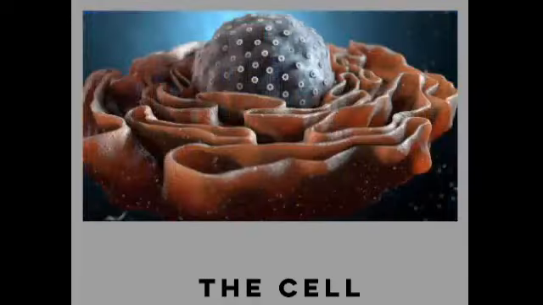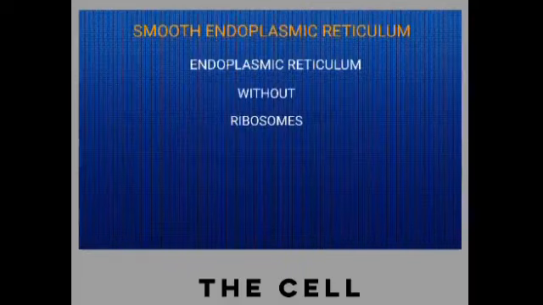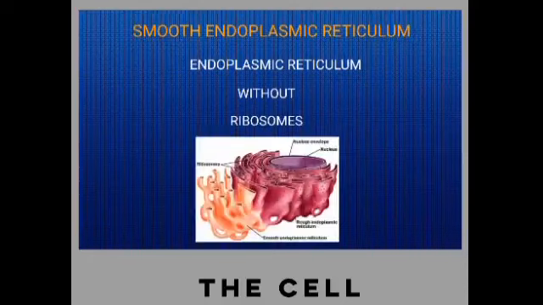The endoplasmic reticulum also shows granular bodies, that is ribosomes, attached to its surface. If endoplasmic reticulum contains ribosomes, it is called rough endoplasmic reticulum as it appears rough. Some of the endoplasmic reticulum do not show granules. Such endoplasmic reticulum is known as smooth endoplasmic reticulum.